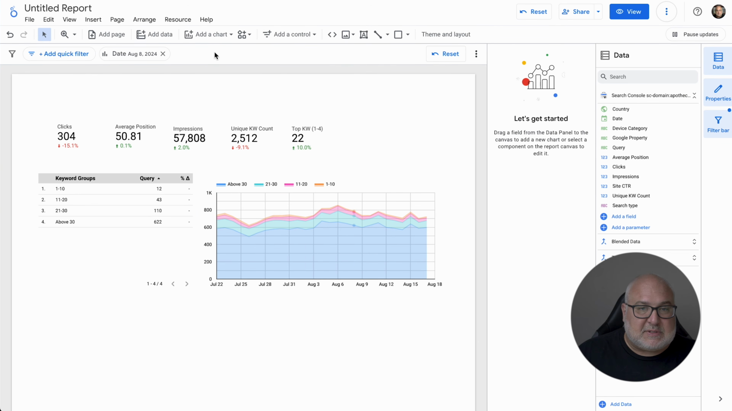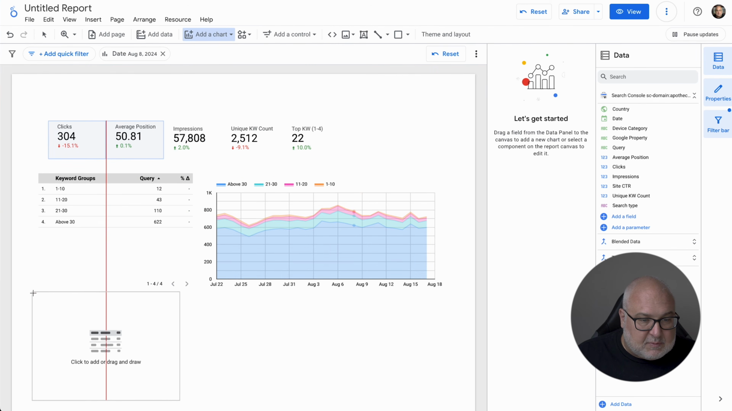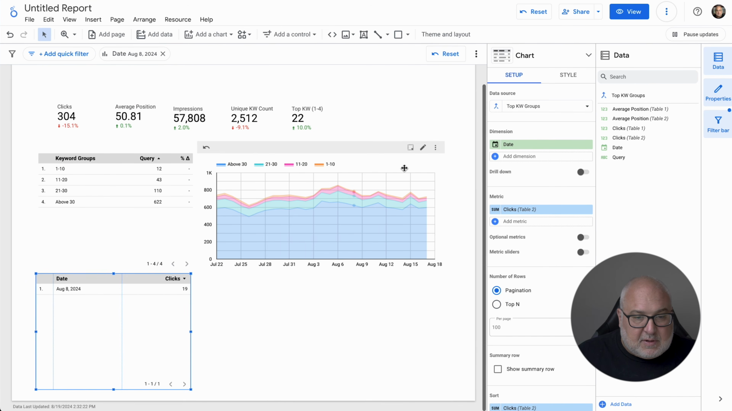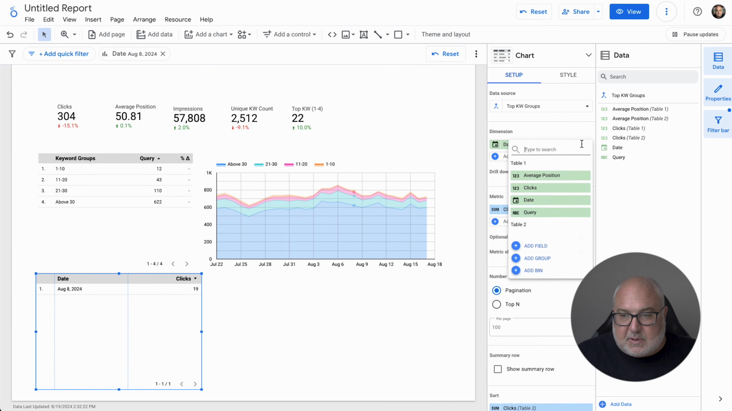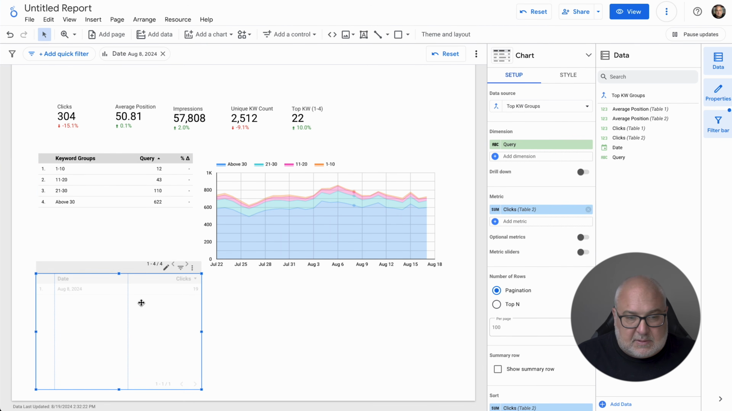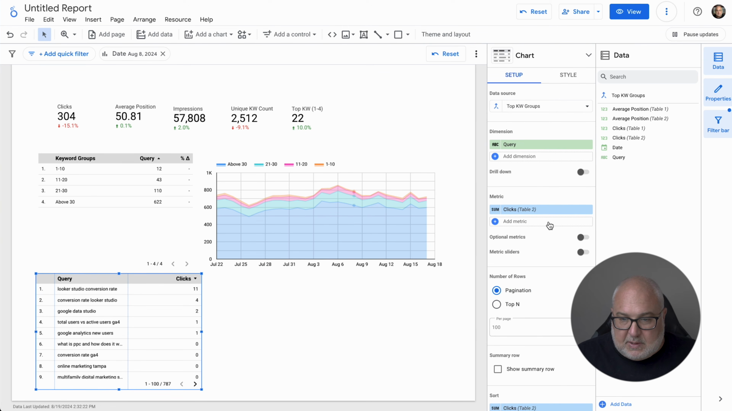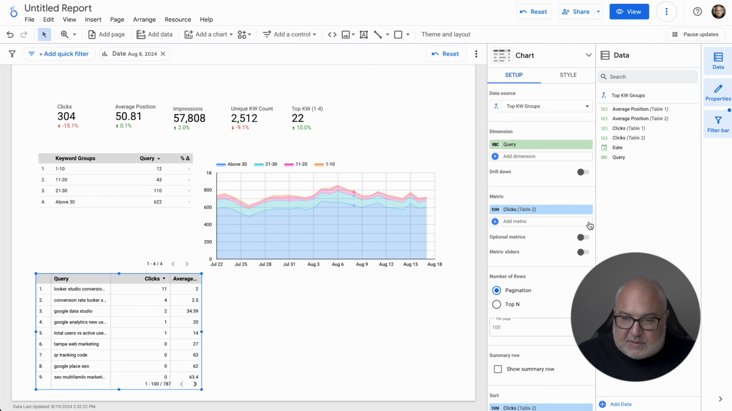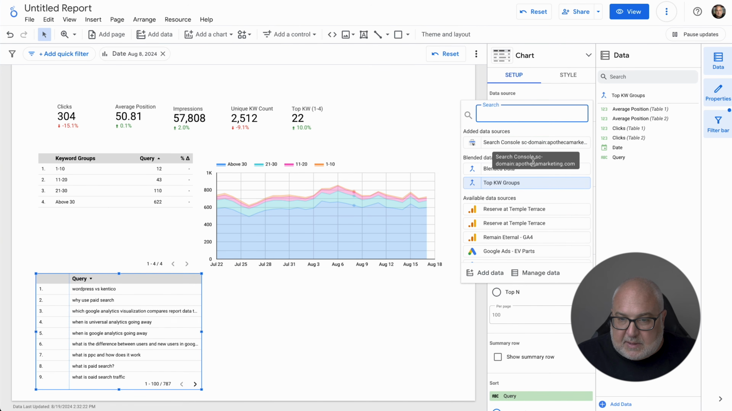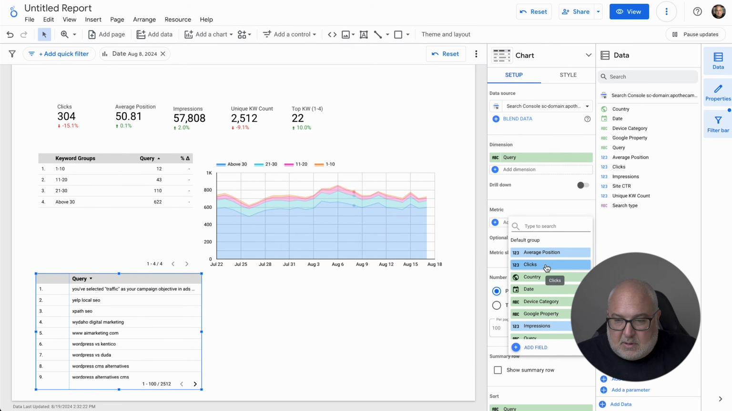Now what you can also do is just a very quick look at what keywords are in your top groupings. And so what we can do here is just very quickly look at query. So we're going to get rid of date. We're going to look at the queries. Okay, we want clicks, and we want average position. Actually, I don't know that we even need average position. So, oh, this is still in the top keyword grouping. So we're just going to look at the raw data. So query, clicks,